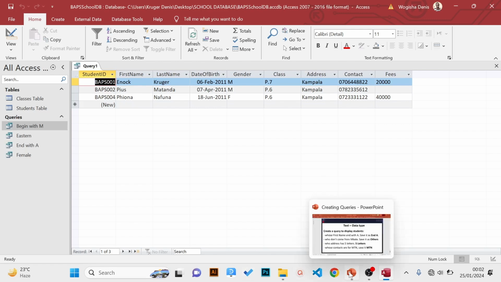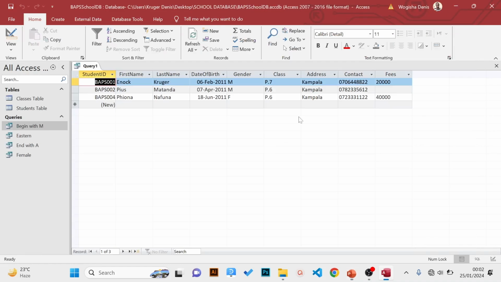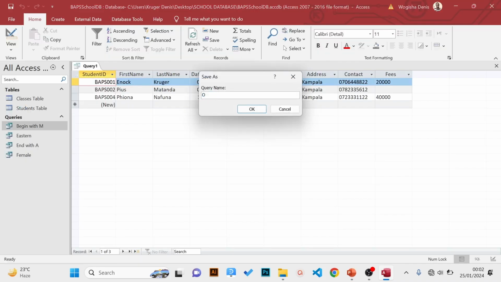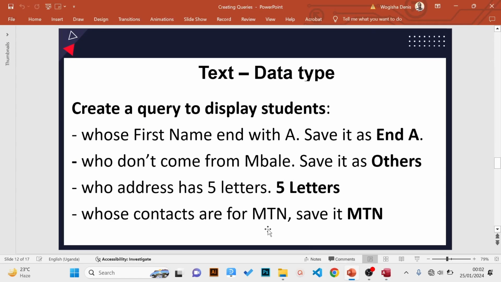How are we saving it? According to the instruction, we are saving it as others. So to save our query, we go to File tab, click on Save, and put the name as others. Click OK and close. Now, next we are required to create a query to return students whose address, display students